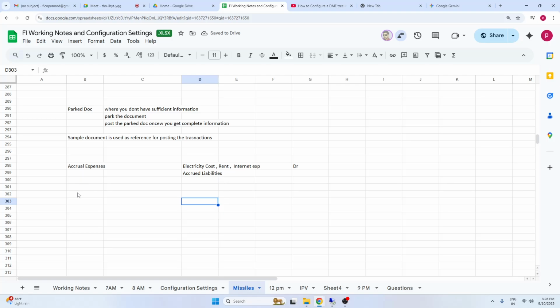So it depends upon how they treat the accounting here. Some companies will just book the expenses like this, and they'll of course also book to the liabilities. I think we already have one rent outstanding, right? It's accrued expenses only. It's up to them how they want to update their accrual expenses in the books of accounts.